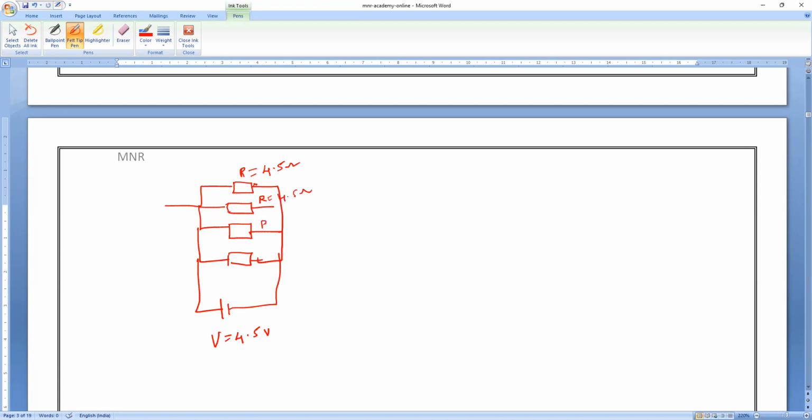Individual resistance, how much, guys? 4.5 ohms. Am I right or no? 4.5 ohms. So now,